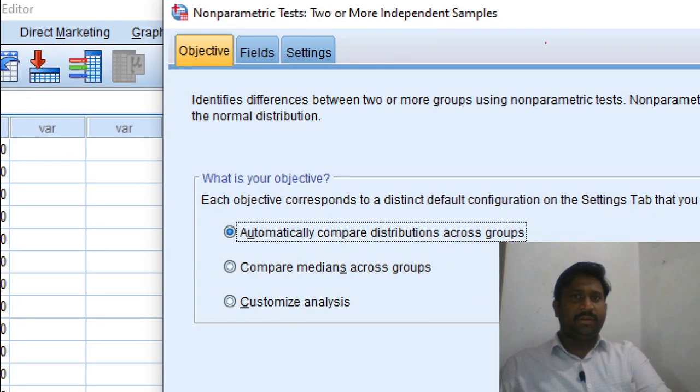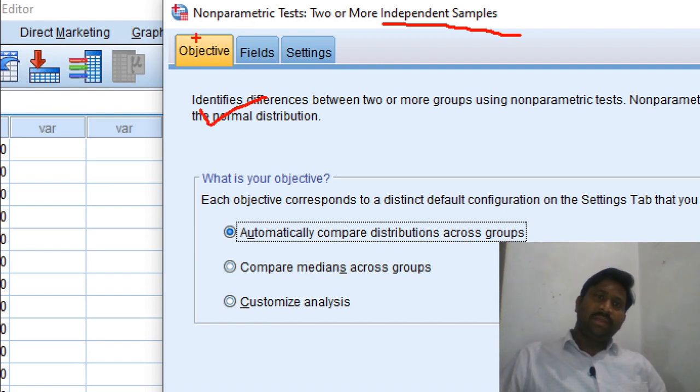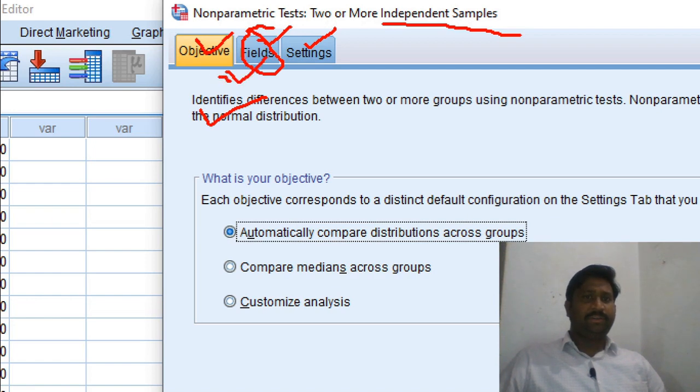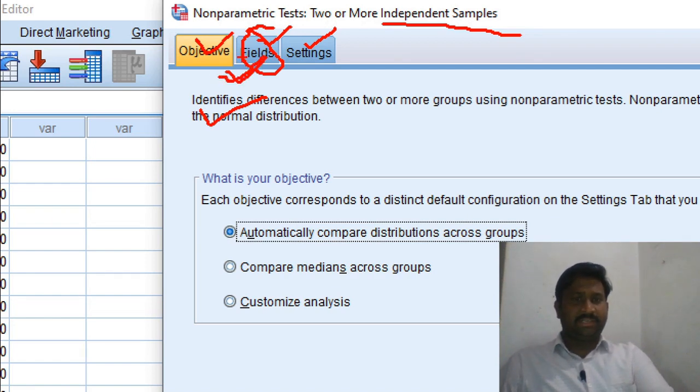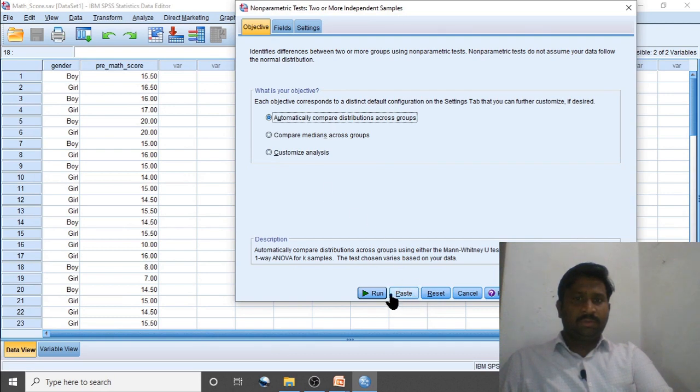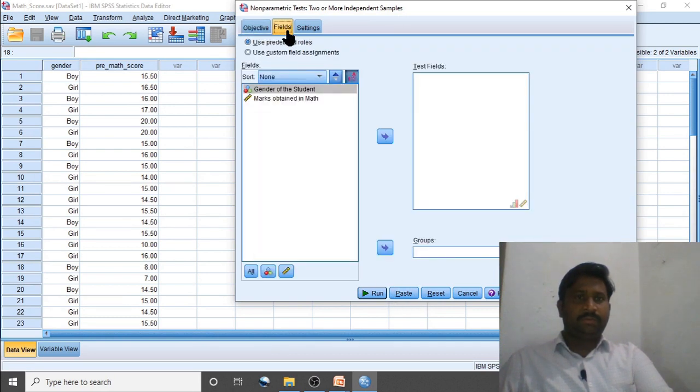When we will click on independent sample test, this dialog box will open. It will have three tabs: objectives, fields, settings. So we need to do only things with fields. I will click on fields only. So let us click field.